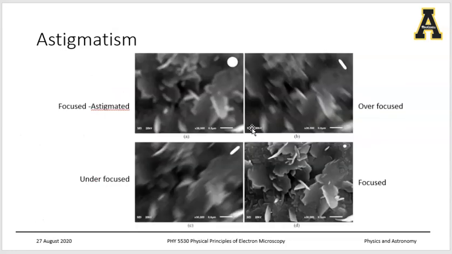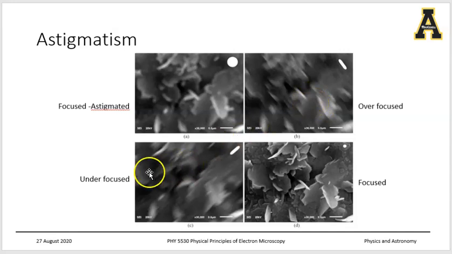So let's take a look at the quality of images which are astigmated versus a good image. So here is what I was talking about. You have a circular profile of the beam, right? And because your image is astigmated, although you try to get the best focus, you have a blurry image. Now, if you use the focus knob on your electron microscope and you overfocus it, because of the presence of astigmatism, the beam profile from a circular patch changes to an elongated ellipsoid,